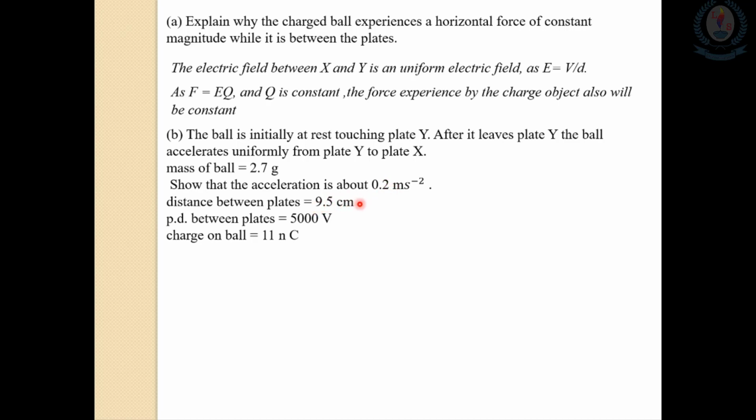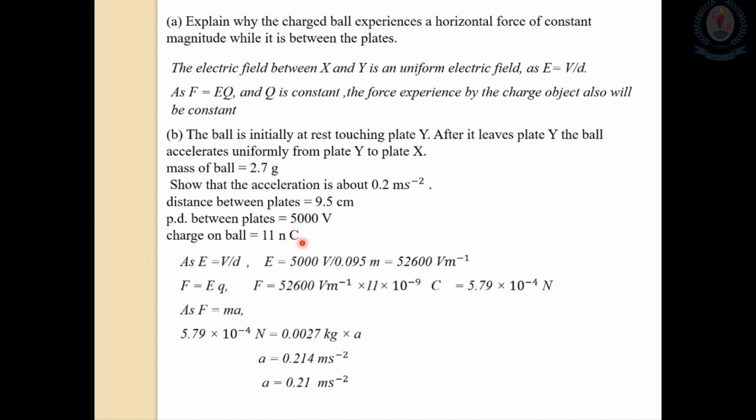Distance between the plates given, potential difference between plates given, the charge of the ball is given. So we can start working. As E equals V over D, field strength is potential difference divided by the distance. Potential difference is no problem, it is the same unit, we can substitute as it is voltage, but the separation is given in centimeters, so we have to convert centimeters into meters for this E equals V over D equation,